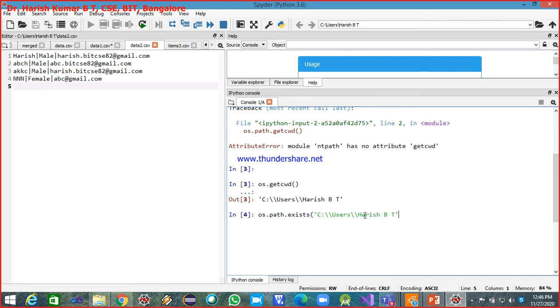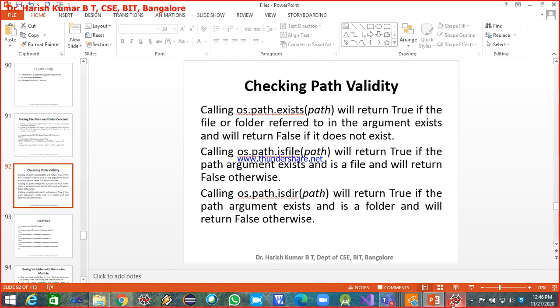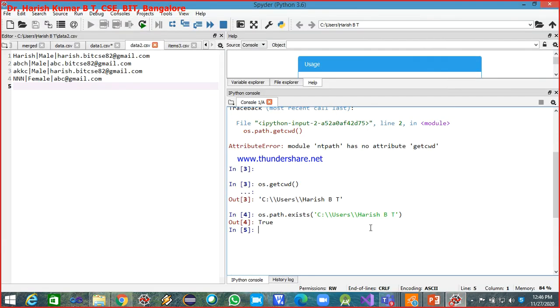I'm passing this path itself. Now it returns me true. That means this path exists in my system. And similarly, we can also check with os.path.is